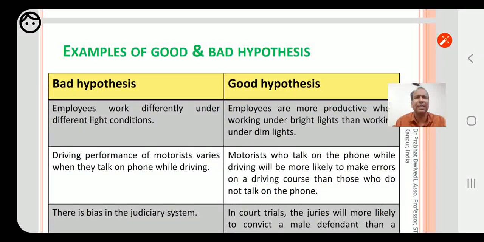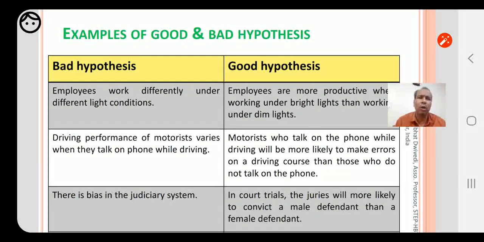Let's take some other examples of hypotheses which can be called good or bad. Let's take the first example: employees work differently under different light conditions. This is a bad hypothesis.